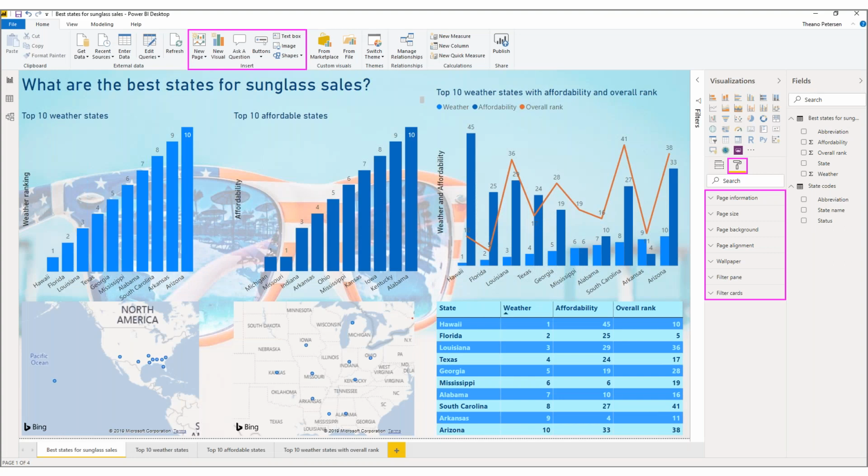So, and then a few examples here around what some of the dashboards may look like, and ultimately creating dashboards here. So, this is an example that we're using here around best states for sunglass sales, right? So some of the questions that you can ultimately ask of the system and then get that data out of it. But, we've got a number of different visual elements here. So top 10 weather states, top 10 affordable states, all of those really starting their lives as different reports, right? Sort of in isolation. But then we can pull those all onto a single visual pane, and then be able to really have that cross section of the different data elements we need to be able to answer the questions that we need to for the business, right?